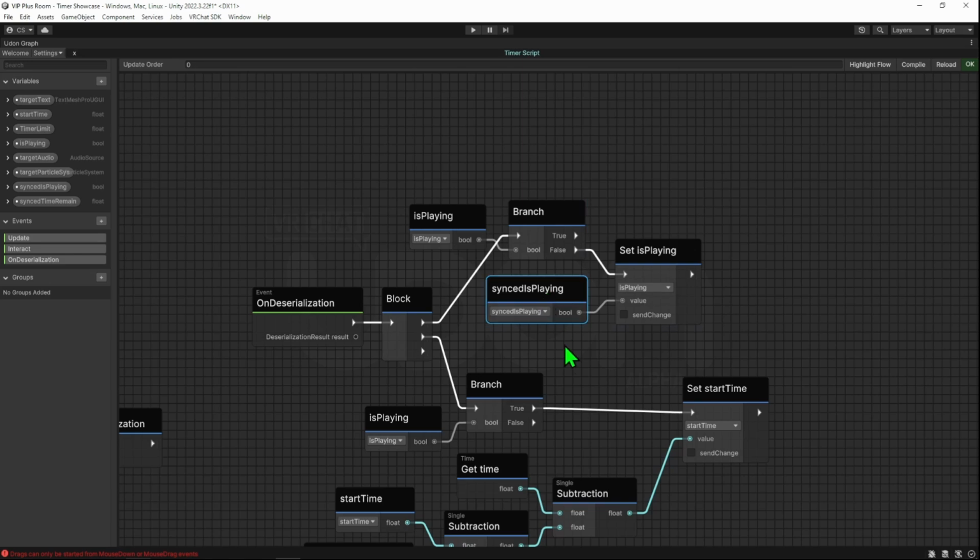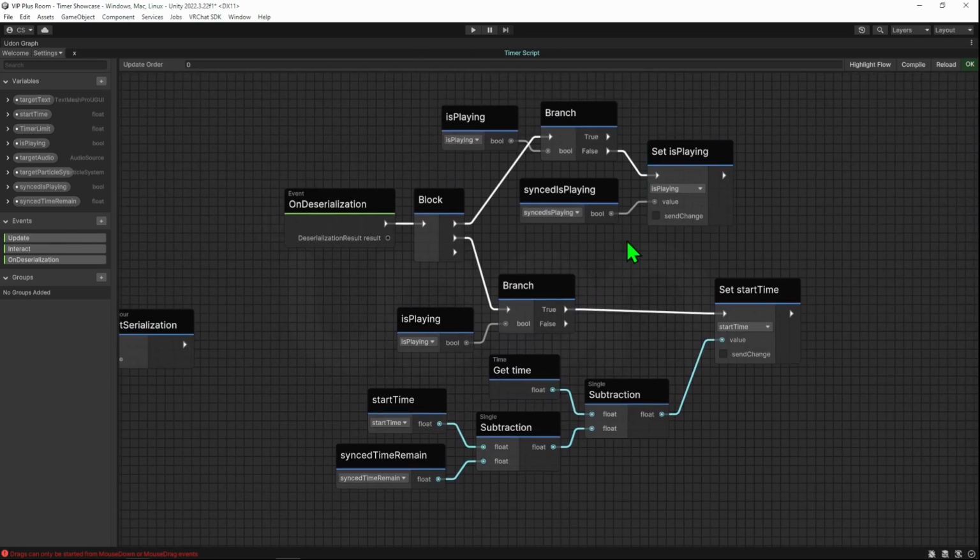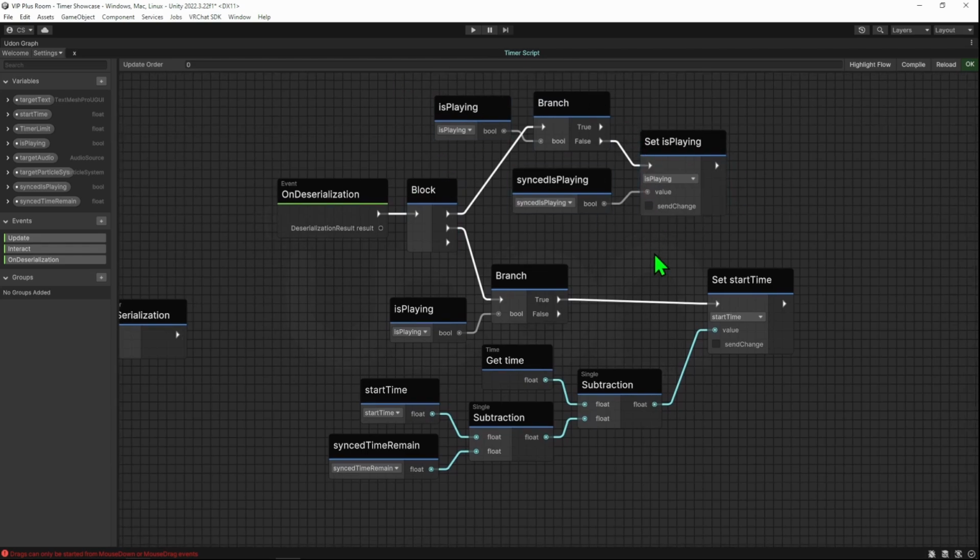Essentially, well, only if synced isPlain. If isPlain equals false and synced isPlain equals false, it's going to set it to false again. Doesn't really matter. It's a little bit of logic, but it'll be fine. Last but not least, if isPlain equals true, after we've potentially set it to true up here, we're going to